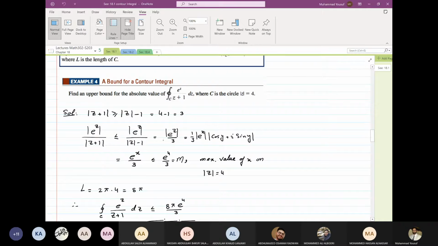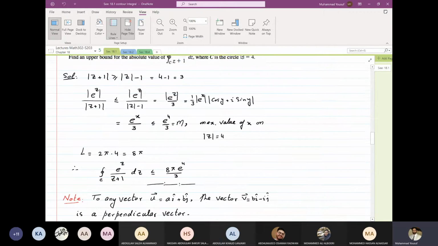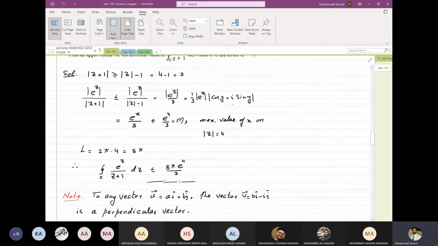Then this smaller value, |z| minus 1, is replaced by 3. So we have 1 over 3. Now |e^z|: we know e^z is equal to e^(x+iy), which is separated as e^x multiplied by e^(iy). But e^(iy) can be written as cosine y plus i sin y in absolute value, and then 1 over 3 power x. And we know that the absolute value of cosine y plus i sin y is equal to 1, that is, cosine squared plus sine squared is 1. So what's left is e^x over 3.